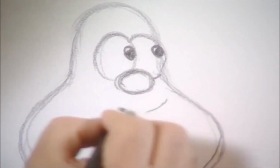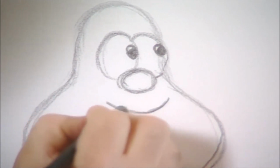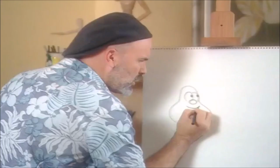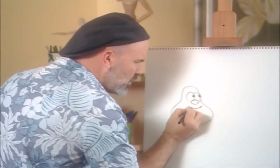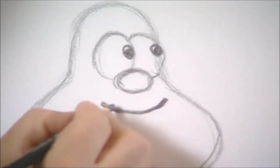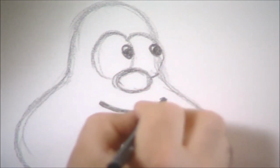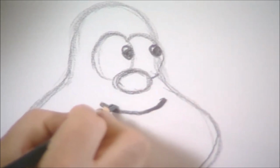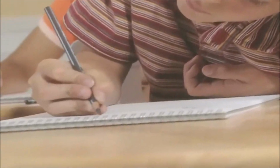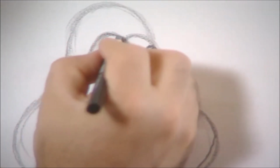Jimmy's usually pretty happy because right now he's thinking about lunch. So we're going to draw this nice little shallow U shape right there. Just a little bit thick. And some of the things that make the mouths look better on veggies, if you can pull this off, it's kind of tricky. Make the line a little thicker on the ends than it is in the middle. You see how it's a little darker, just a little bit thicker? There, it gives them a little more personality. Now I can go back and darken some of those other lines we like. Put his eyelids in,